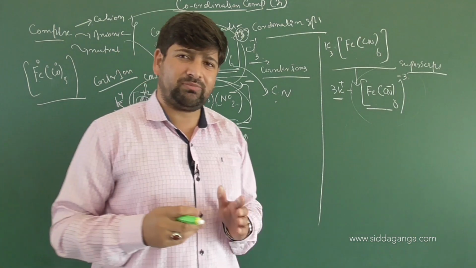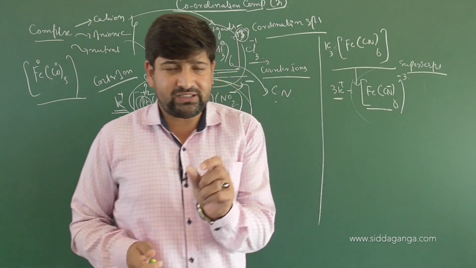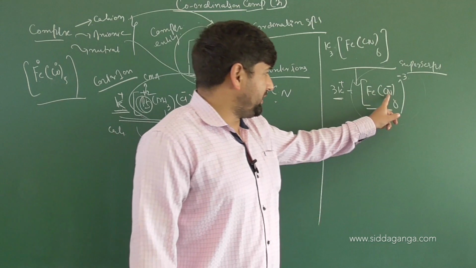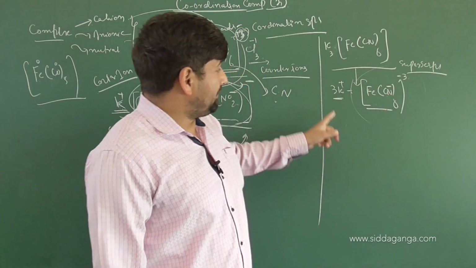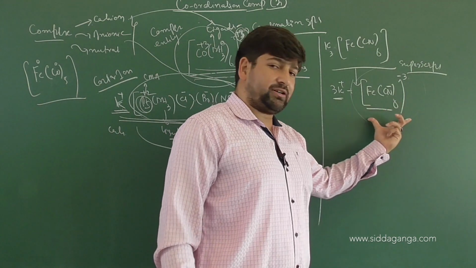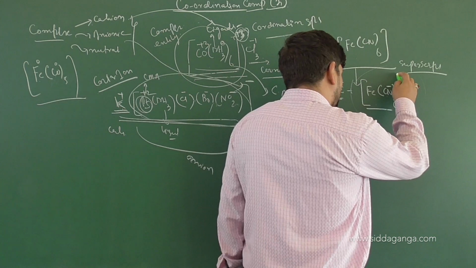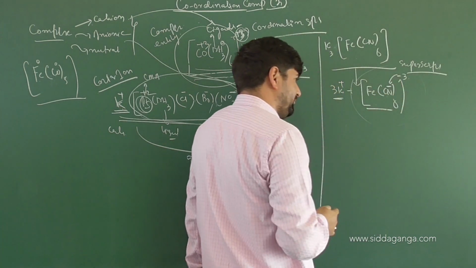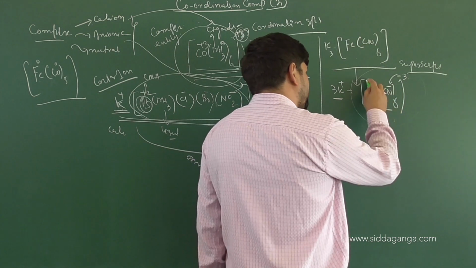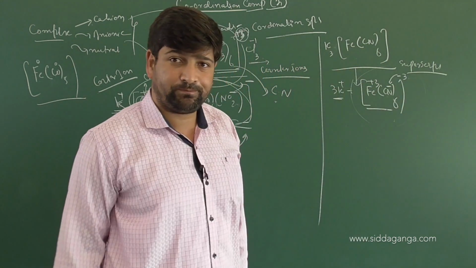That means what is meant by the oxidation state of that metal atom or of that ligand? It is the net charge it has on it in its individual form. So it is to be compensated. The number of electrons lost by potassium are 3. So there are already 3 electrons that this complex has got. That will mean those 3 electrons will balance 3 CN. So how many more CN are needed? How many more electrons are needed? 3. Those will be lost by iron. So iron will be in the +3 oxidation state here.